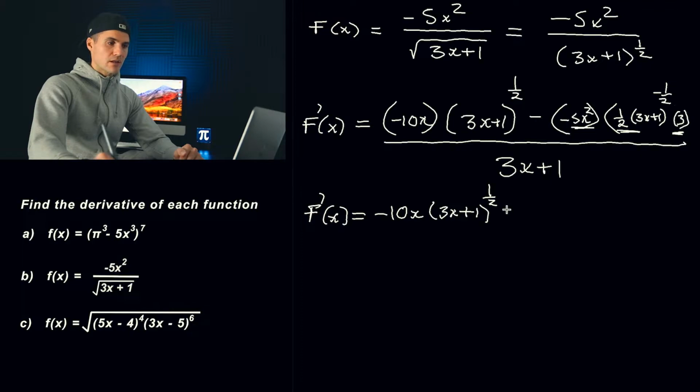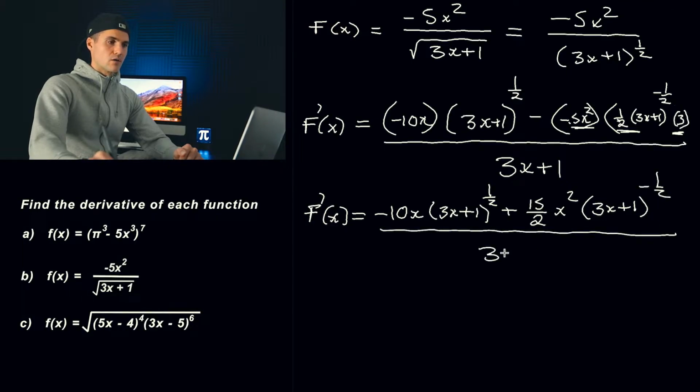The two negatives here, they canceled out, so there's a positive. So 5 times 1/2 times 3, that's going to give us 15 over 2, and then we have that x squared, and then we got the 3x plus 1 to the negative 1/2. And that's going to be all over 3x plus 1. Okay, so now what we have to do is basically simplify the numerator by factoring out